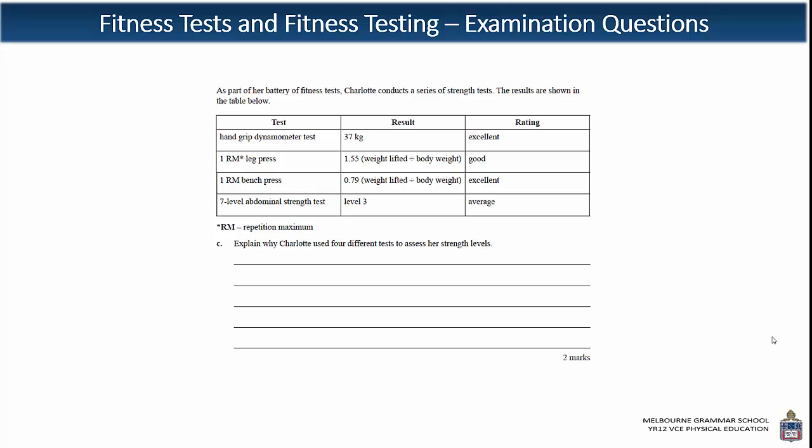So the test is specific to the strength of different muscle groups, and strength is specific to the muscle groups that have been trained as well. So this will allow a more rounded approach, or a whole approach in terms of determining strengths and weaknesses for Charlotte, and that will enable her to design a training program that can be specific to the areas that she